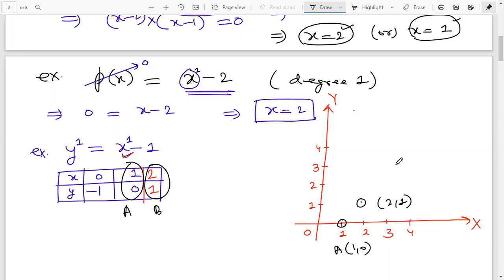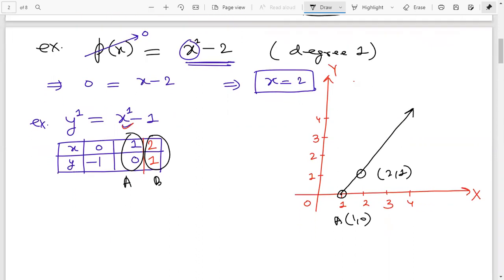We'll join these 2 points and extend on both sides because we have a line. A line has no end point, basically no ending, so we can extend in both directions to get a proper line. This will be line L4.